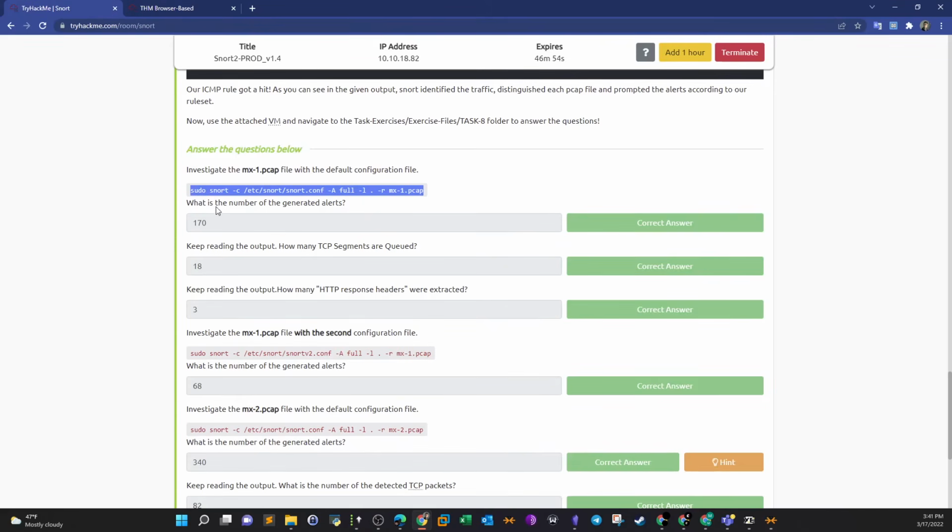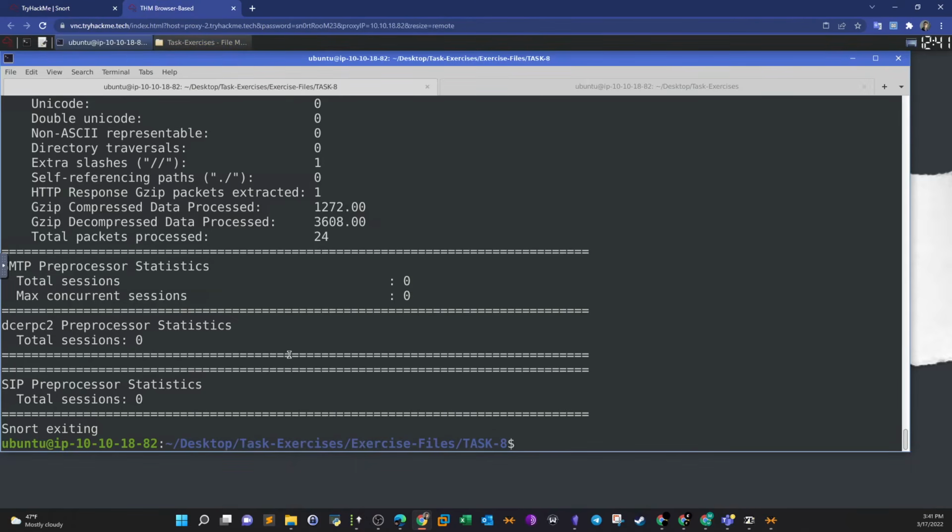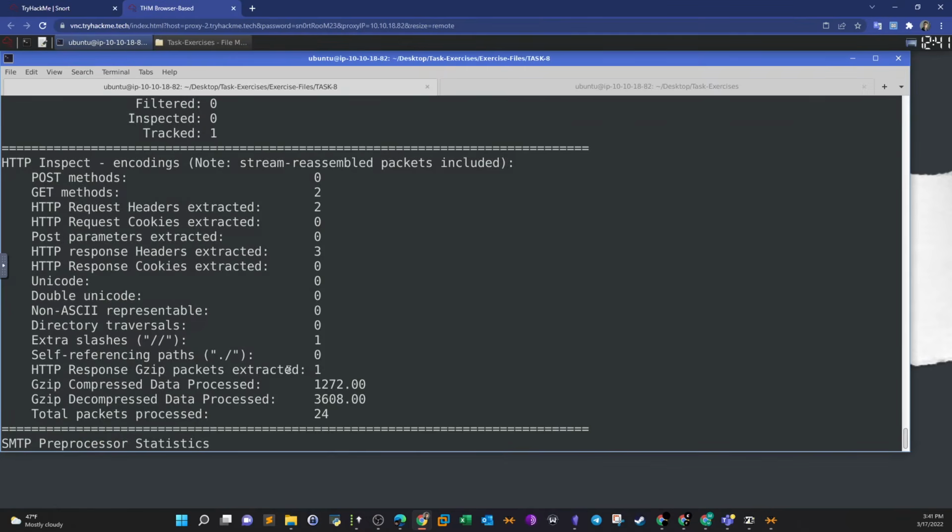Okay, finished. What's the number of generated alerts? Again, the stats about the alerts and the packets can be found when you finish running Snort. If you scroll up,